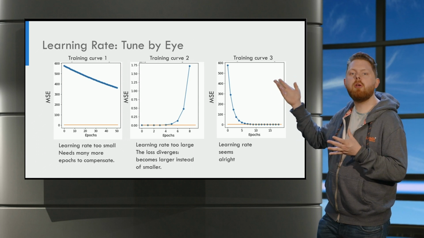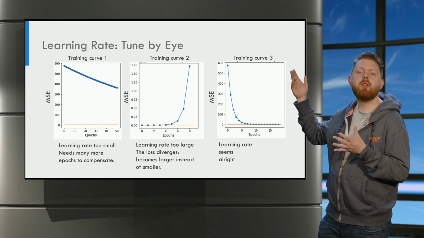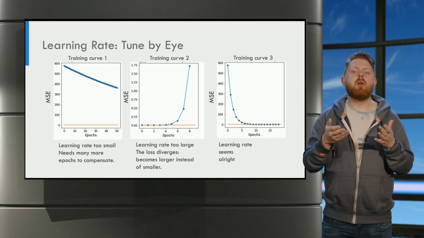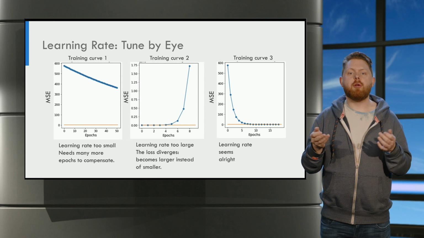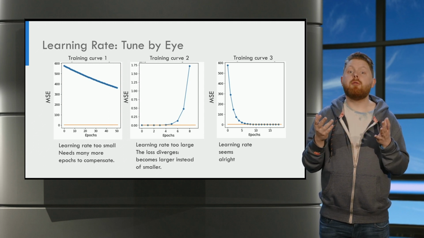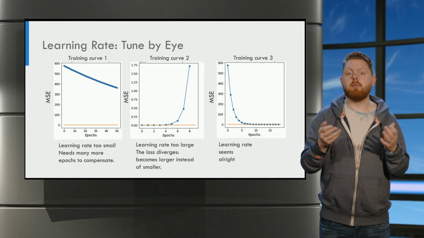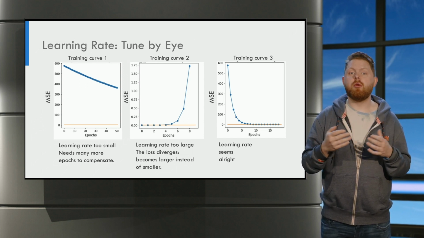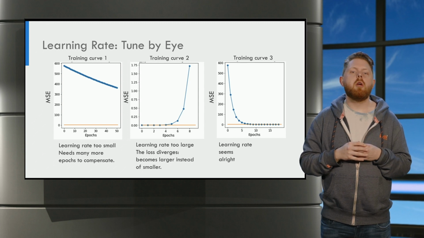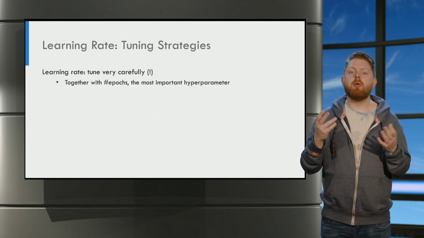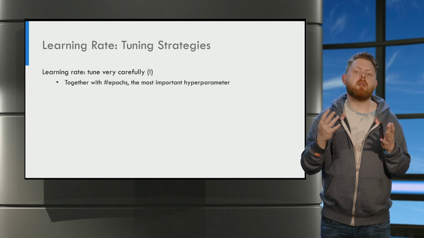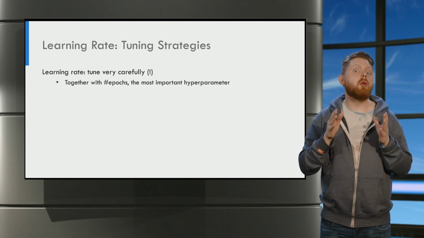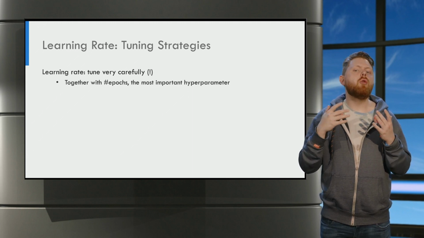Now I've made the learning rate a bit smaller, but still larger than in the first plot. Observe the error is going down and it seems to converge. It looks like no further improvement can be made anymore. In this case, our learning rate seems to be well tuned. The learning rate and the number of epochs are two essential hyperparameters of gradient descent. If you set them wrong, your model will not learn. So tune them with care.